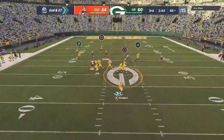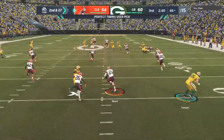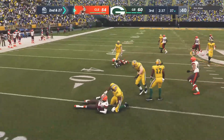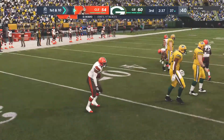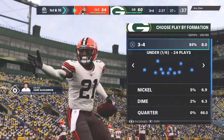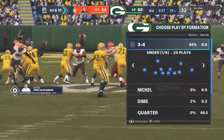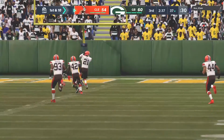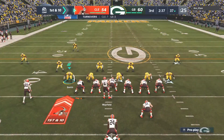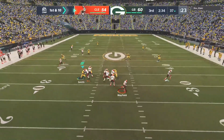Now a play fake. Rodgers. And my goodness, another interception. Picked up by Denzel Ward. And a terrific return as he'll take it up past the 35. And give him now 4 interceptions in this game. That's only the 3rd time this has been done since the year 2000. I think that tells you how much better teams have gotten at throwing the football. Because if you go all the way back to 1960, 12 times before that, there have been guys who've gotten 4 interceptions or more in a game. I mean, most recently, since 2000, Deltha O'Neal